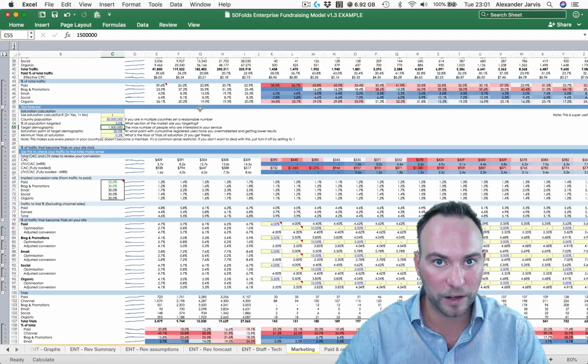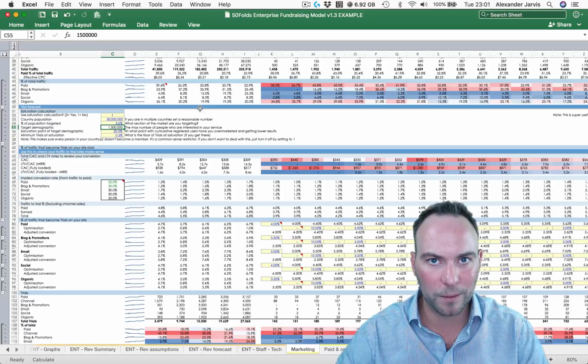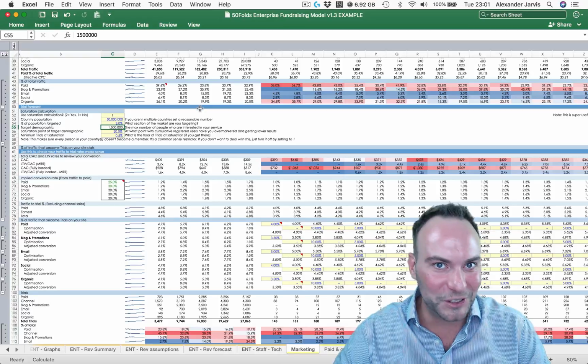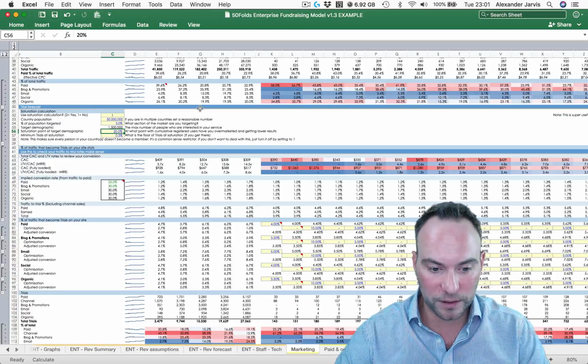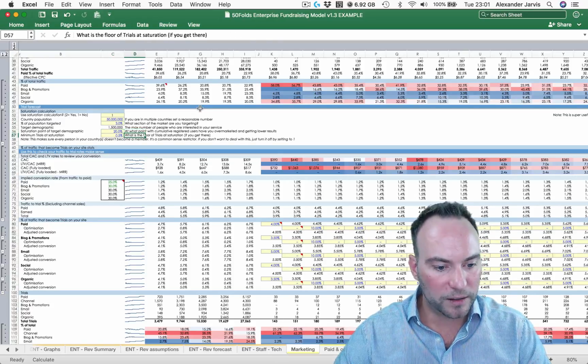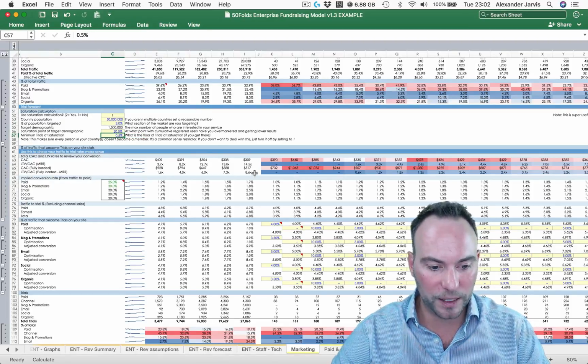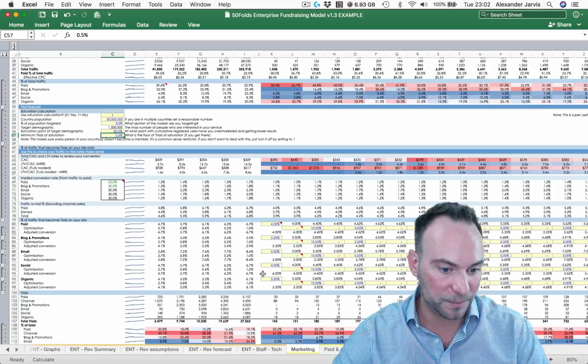Well, that makes it 1.5 million people. So at the point you get to 1.5 million people, you're not going to have any more conversion, right? So your saturation point of that target demographic, you can set it, say, 20%. And at that point, your conversion rate will only end up being at 0.5% instead of 3.5%. Okay.